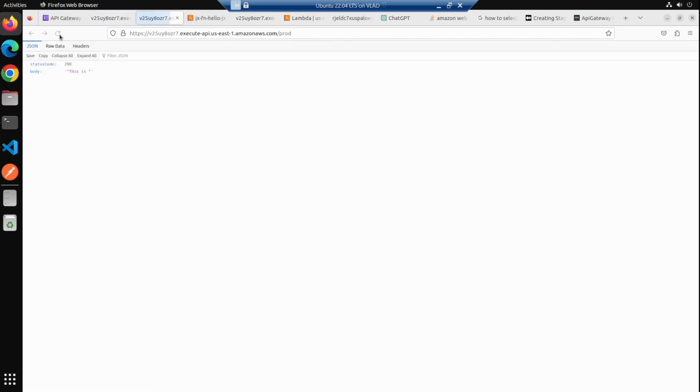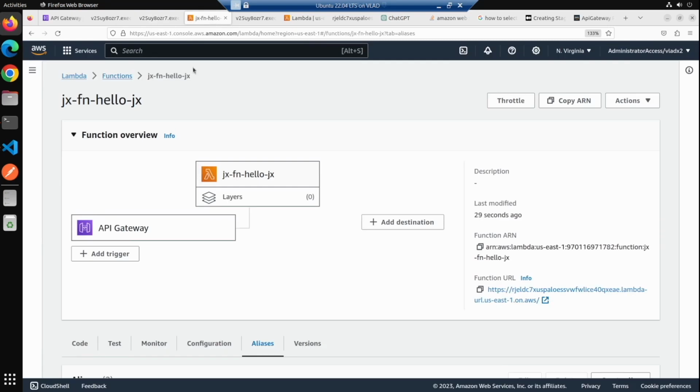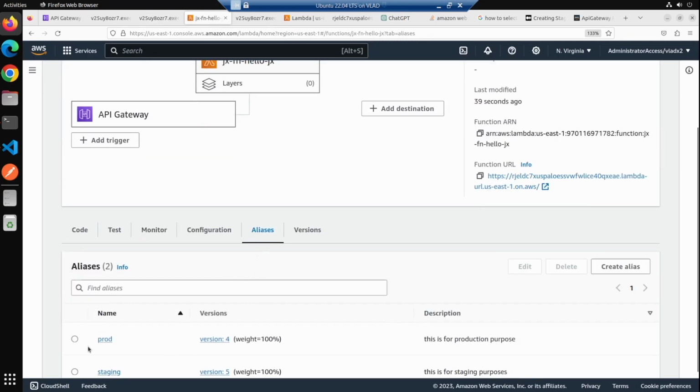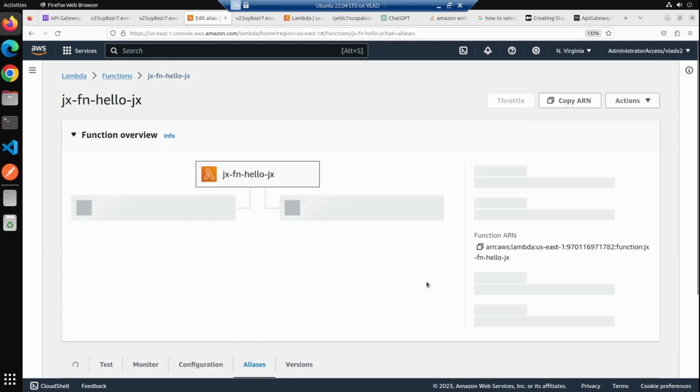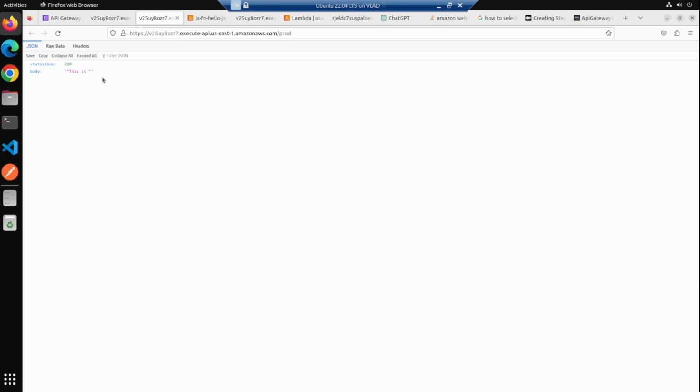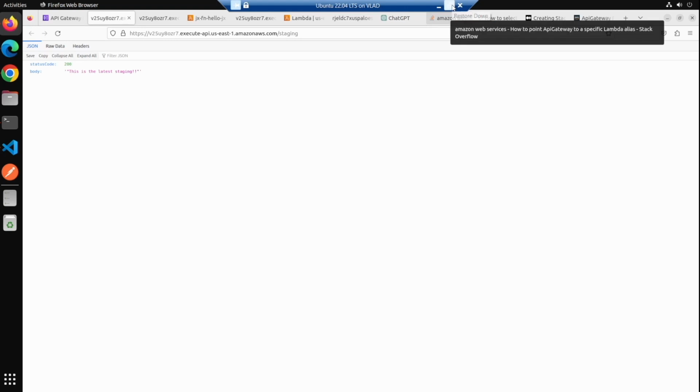Now we want to upgrade our prod, so we want to also update prod to version 5. And now this prod here will have this value. This is the latest staging here. Right, this is prod and this is staging. All right, prod, aliases, staging, and versioning in Lambda and